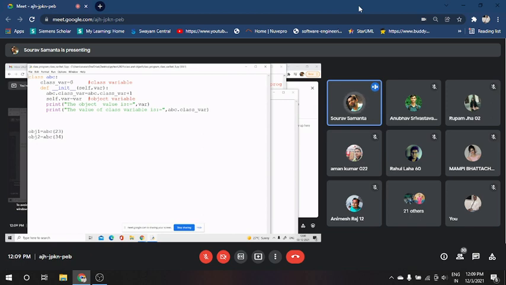It will increment the value of the class_var variable. Okay. The second one is self dot var equal to var. Now we print two values: one is the object value, which is self dot var, and the value of the class variable, which is ABC dot class_var. So the program is very simple.